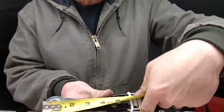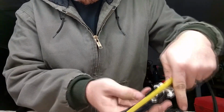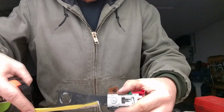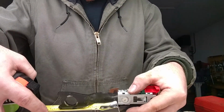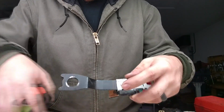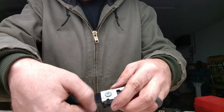It's about 3. Oh man, you're never going to be able to see this. You're just going to take my word for it. It's about 3 from the end up to the mark. And on the Mitsubishi one, I measured from the end in right there. It's a 1/4 inch from here over. Not very much, because like I said, you're trying to retain most of this bracket. Go ahead and cut these across that line and